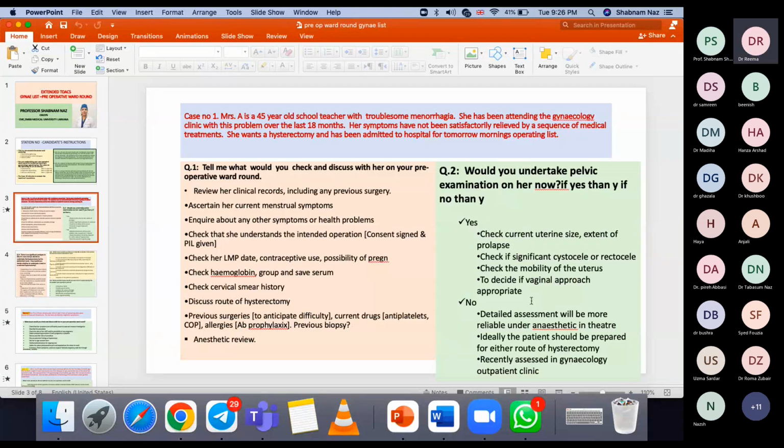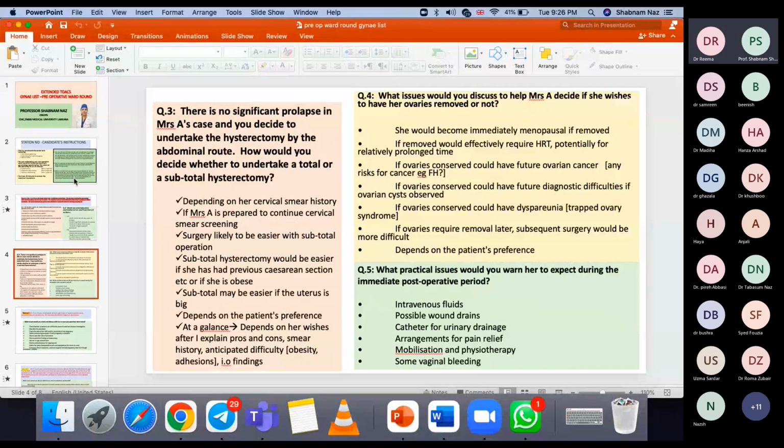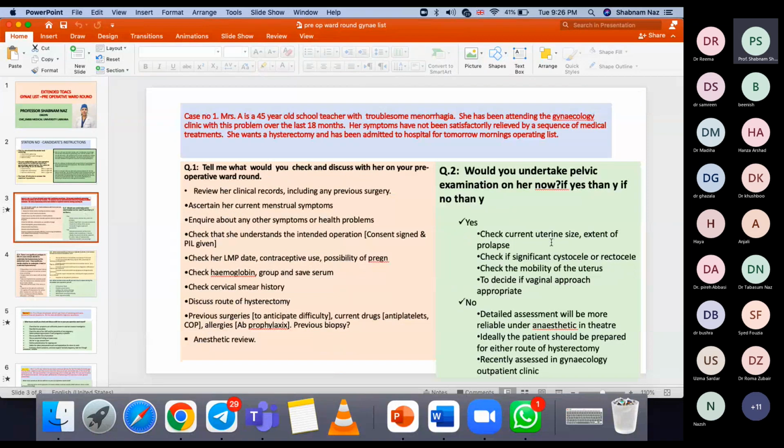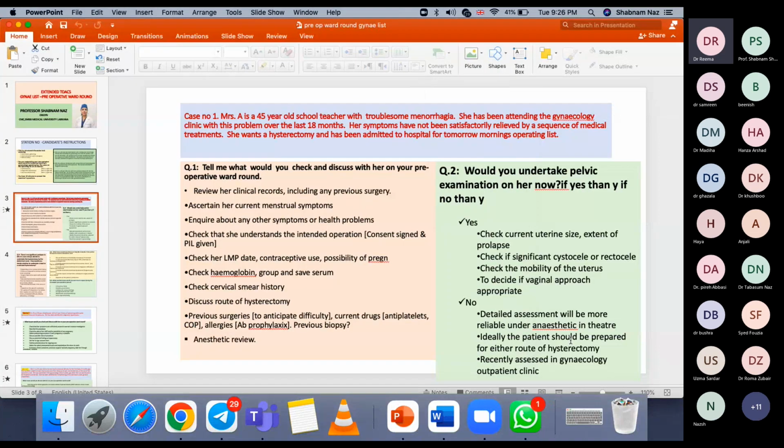So if you don't want to do it, suppose मैं बोल रही हूँ नहीं करना चाहिए, क्यों नहीं करना चाहिए? Then after consent I will not do it. I will do it in OT under anesthesia before operation. Okay, but why? To confirm your findings? Ma'am, to confirm the findings before the surgery, at which side the mass, if she is having a mass, or if there is no mass, then to look for the site and size to confirm it. Either way I'm going to perform a major surgery, so we must be reassured before the major operation.